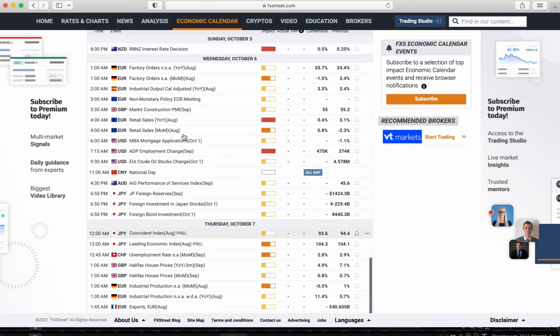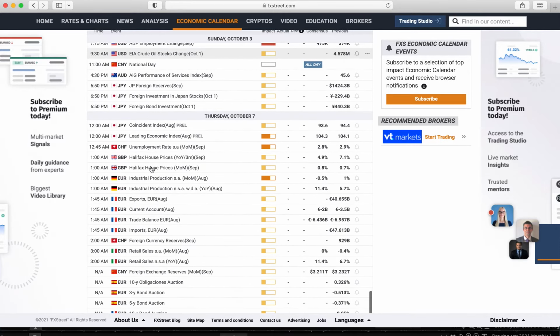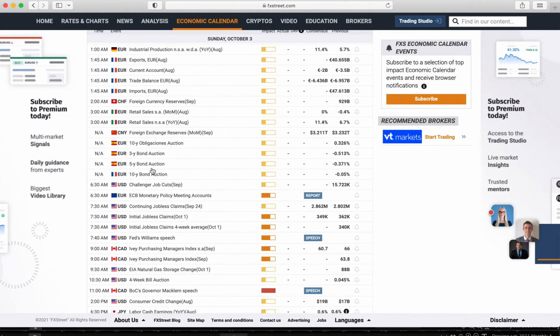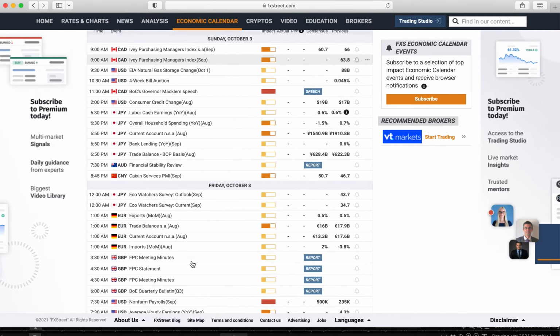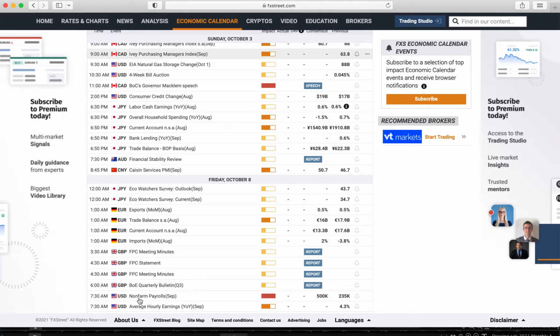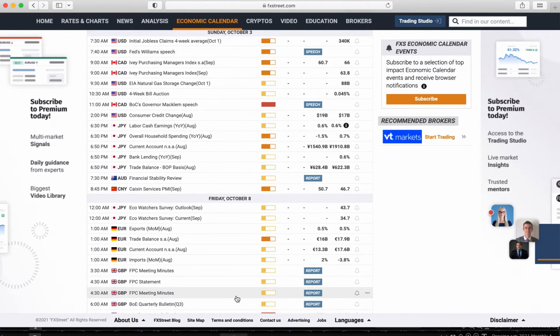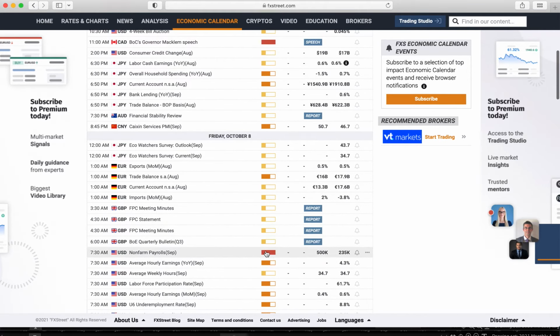On Wednesday, we have the ADP report, another high impact data set. That is the precursor to Friday's non-farm payrolls report. So if you see some volatility Tuesday into the close, it's people setting up ahead of this ADP report on Wednesday pre-market. Then on Thursday we have weekly claims, and Friday, of course, we have the non-farm payrolls report at 8:30 Eastern Time pre-market, and you can see that is a red bar event.